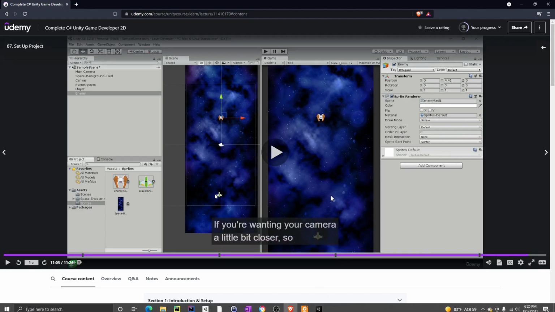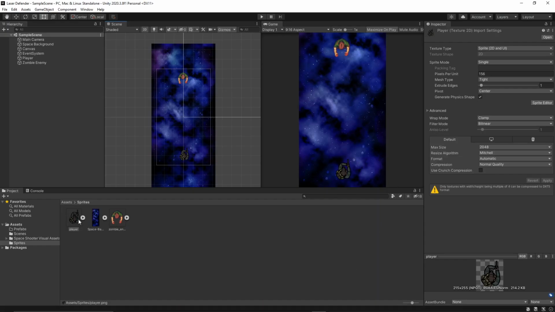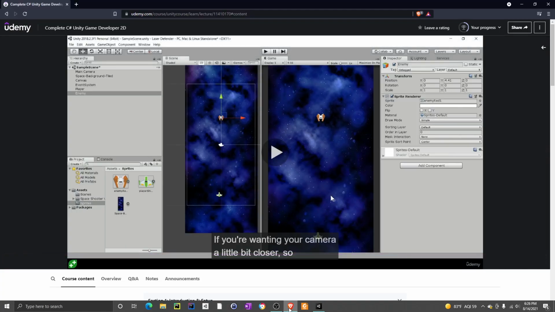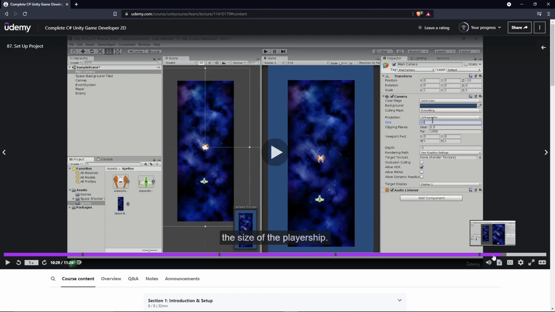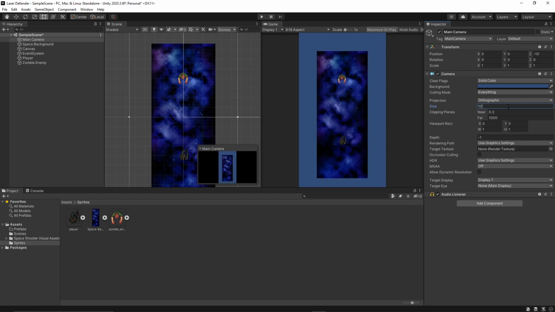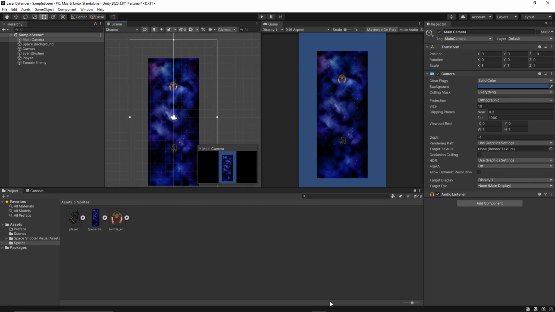I think before we continue, I gotta make it a little bit smaller because they do look pretty big. If I remember correctly, they just changed the camera size. Let's see what will happen if I make it the same camera size that he applied, so size 10. Let's do that. That's a little bit better, I'd say. But now we gotta